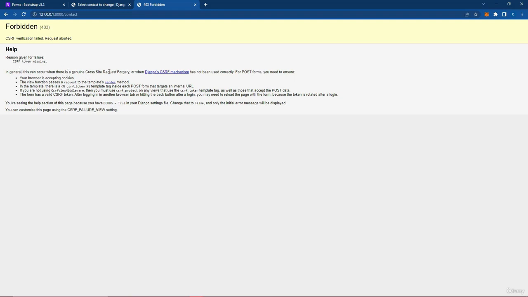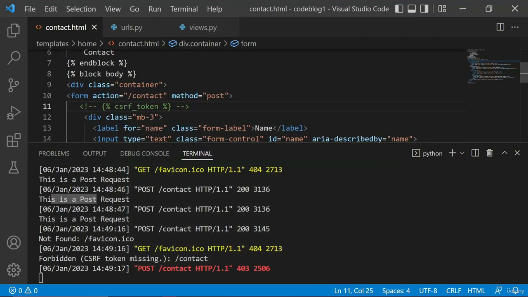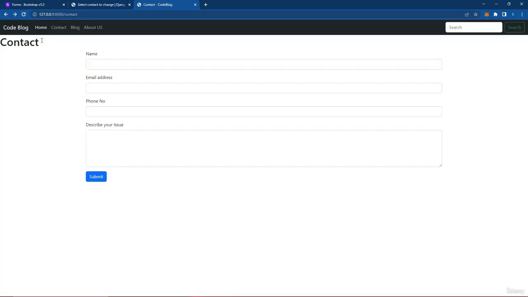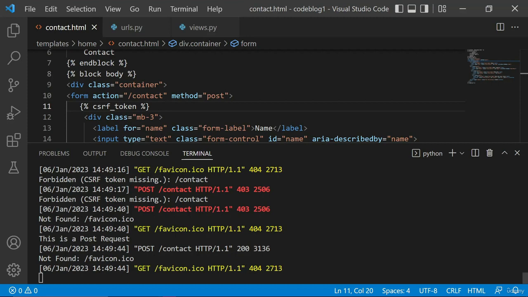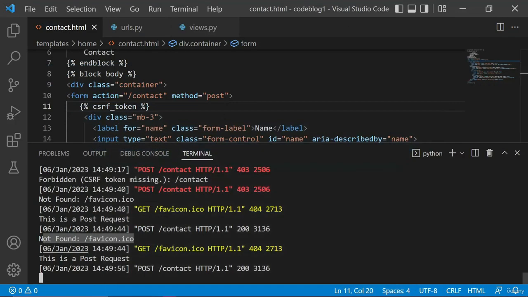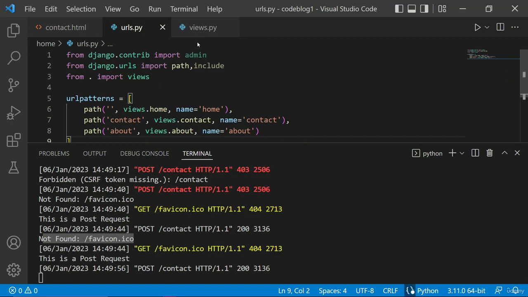So to make this thing work, we just need to add this piece of code or this CSRF token in this format. And after that, if I just save the code, and if we go back to our browser, we just try to refresh the page. So you can see we are getting the appropriate output now. And over here, when we try to refresh the page, you can see we are not getting any output, but whenever we just click on the submit button, we will get this response, that is, this is a post request. So we are now able to send the request from our front end to the back end, which is our